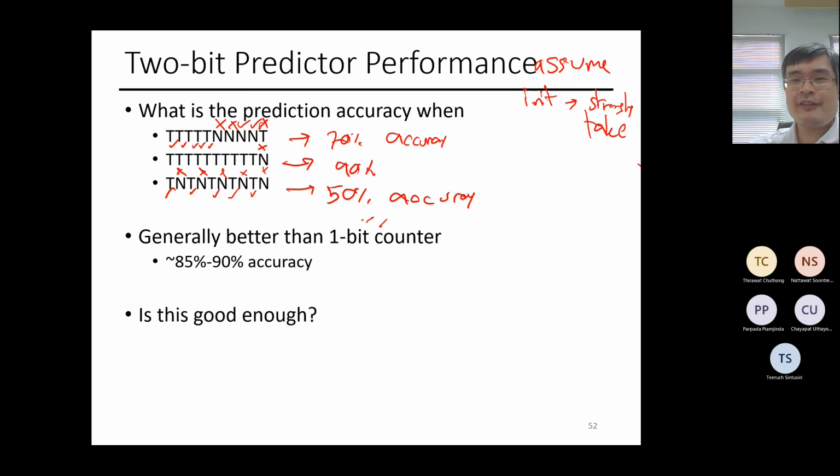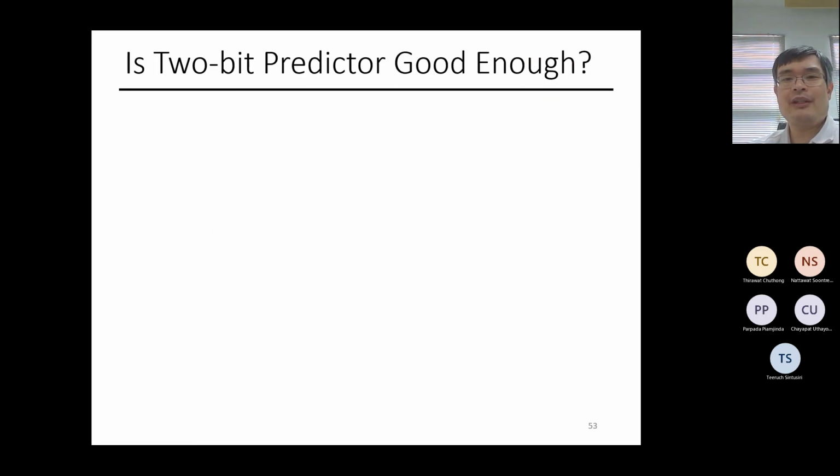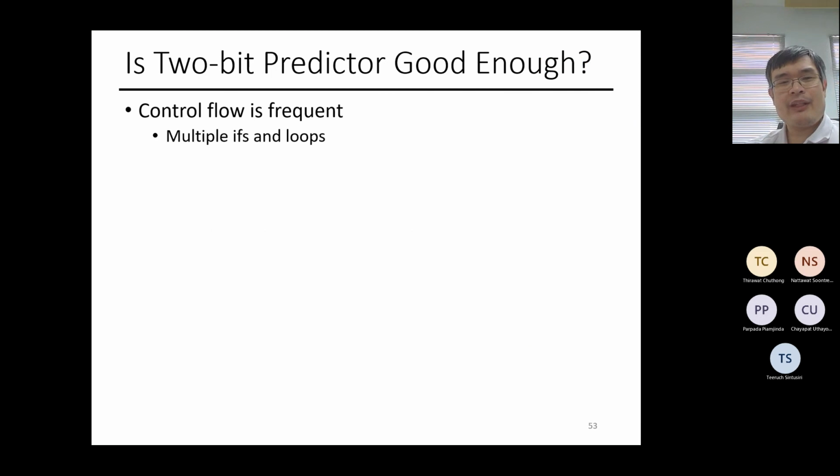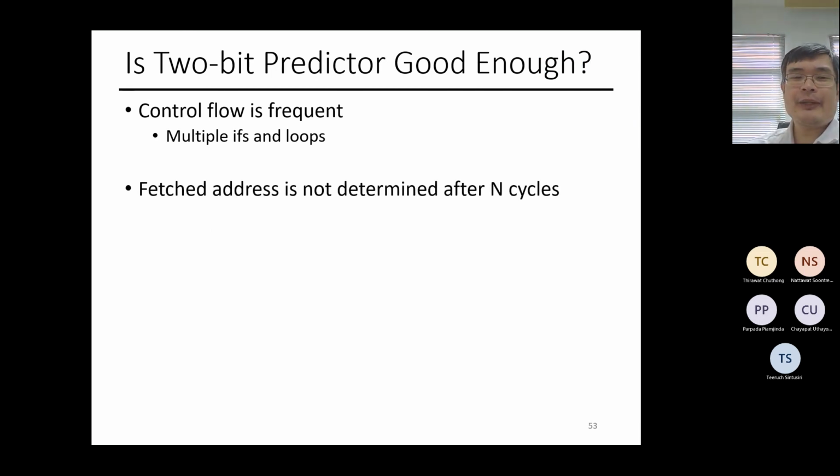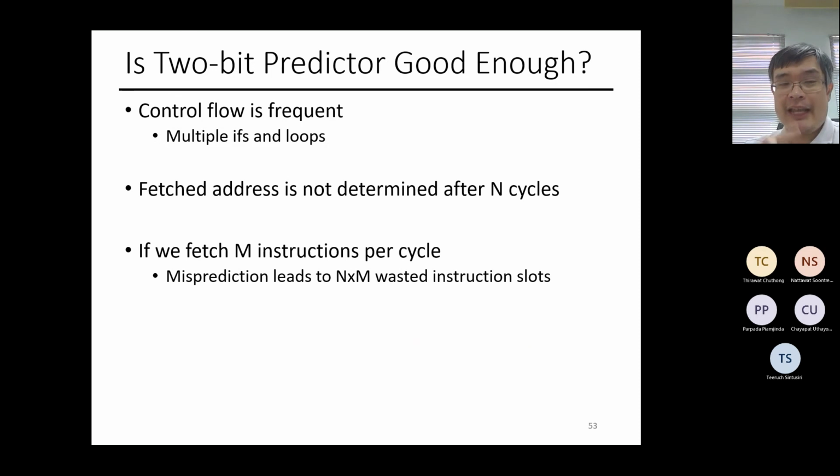The question is, is this good enough? The thing is, if-else and for loops are everywhere, and you cannot wait to fetch the address because the pipeline in a modern processor is really deep. It can be 30 to 40 stages. You cannot keep fetching if you don't do the prediction well enough. So if you fetch m instructions per cycle, because modern processors,